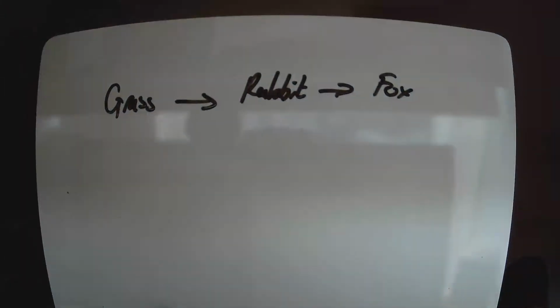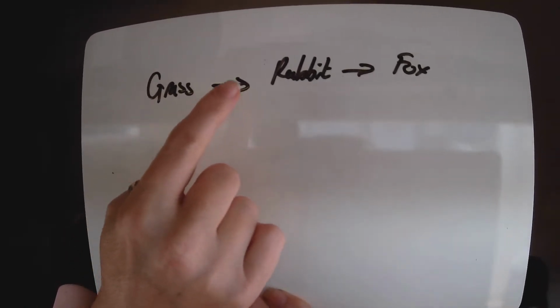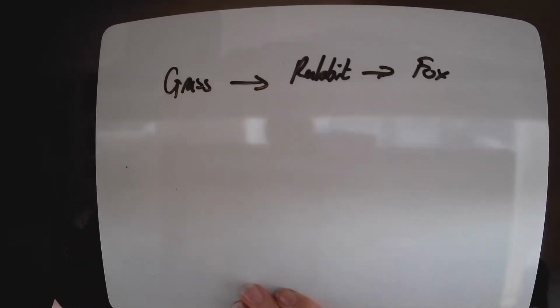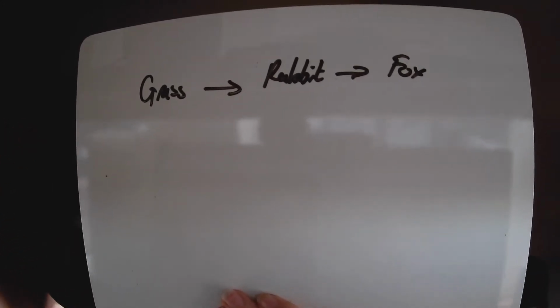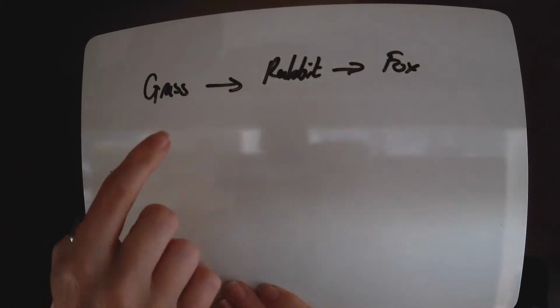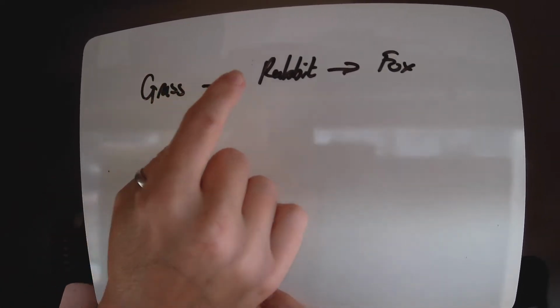So when we're actually drawing out our food chains, hopefully this is a really obvious one, that when we're actually writing it, obviously we put down the organisms and then we are going to put an arrow between them. Do remember the direction of the arrow is important. You can't just draw a line, you need to have an arrowhead, and the arrowhead needs to be pointing in the direction of the energy transfer or the biomass transfer. So what we're seeing here is that we start with our substances in the grass and it moves to the